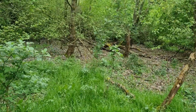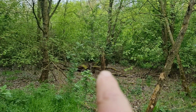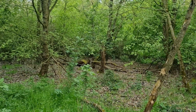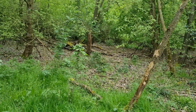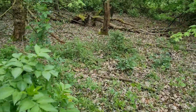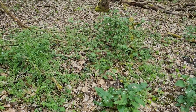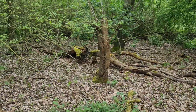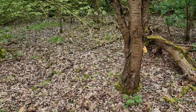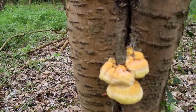I have just spotted, I don't know if you can see, but there's a cut down tree there, and that little bright dot could well be a young chicken of the woods. So I'm going to have a little look. I've got to be careful where I go here. There's a lot of branches here to trip you up. Oh yes, it definitely looks like I'm right. Oh, there we go. Lovely young